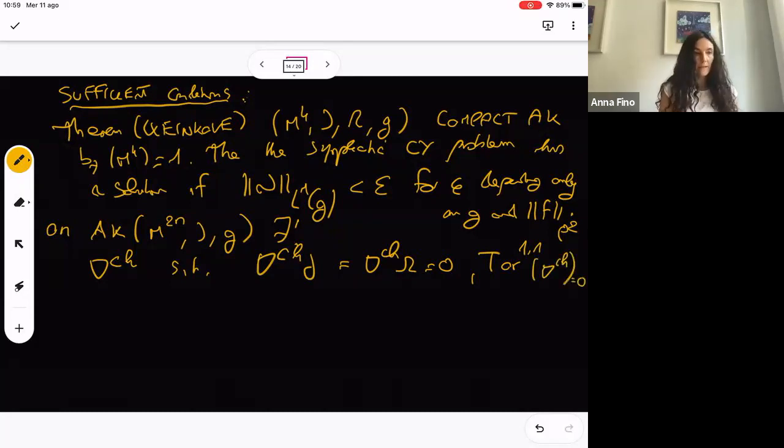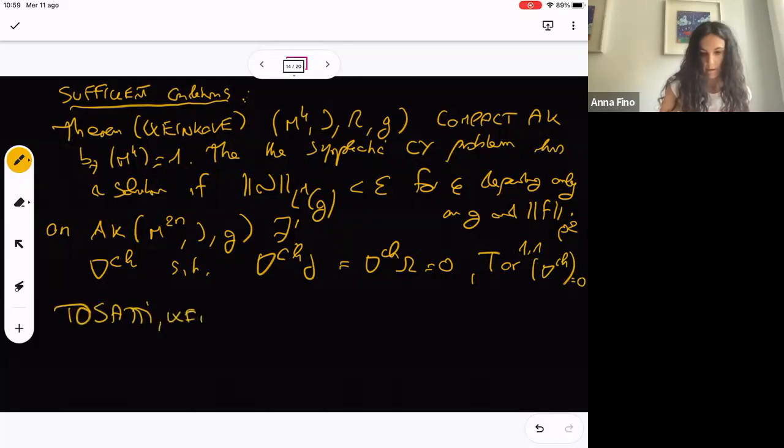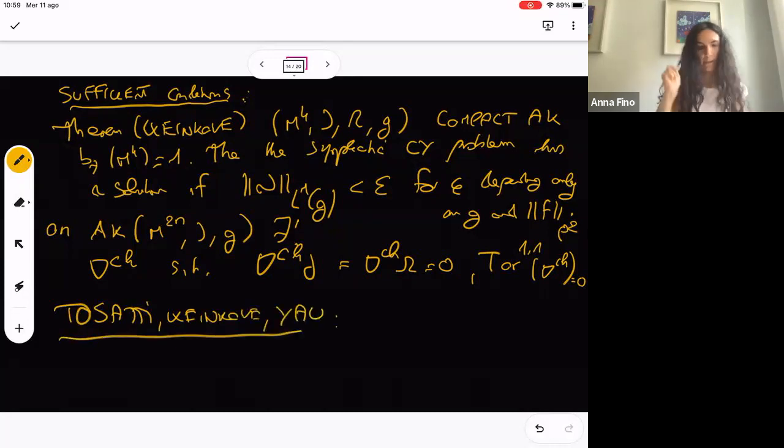Okay, and there is a sufficient condition by Tosatti, Weinkopf, Yau, that ensures that if you have such a condition, you have a solution. This is in all dimensions, and it is a sort of, let's say, positivity of some curvature,